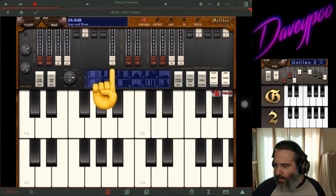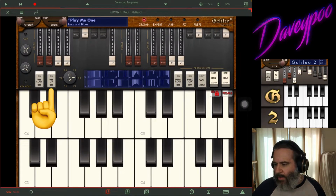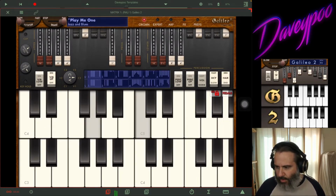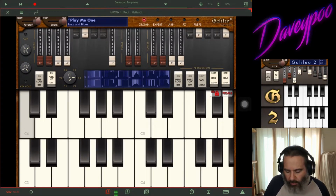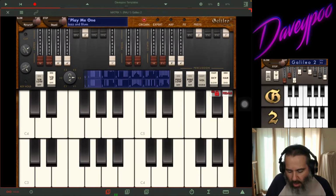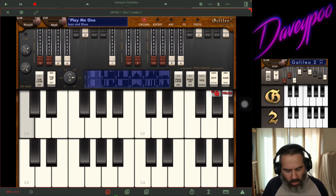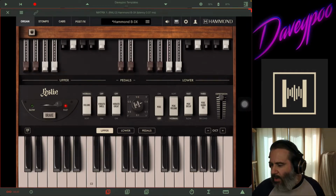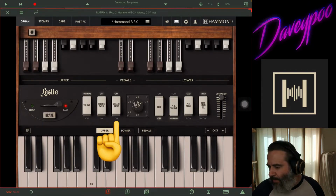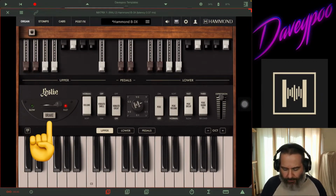Let's bring in the high. And I'm going to turn on the vibrato. We'll give it that really watery, cool. All right, so now let's try that same setting here. Turn the vibrato on, and we pull the top drawbar out, and we go with